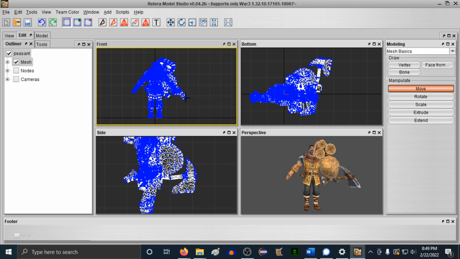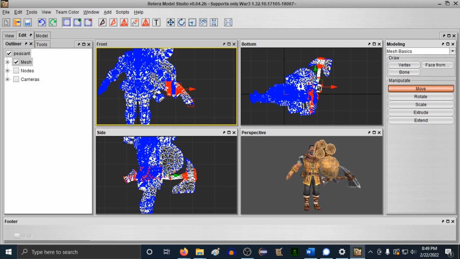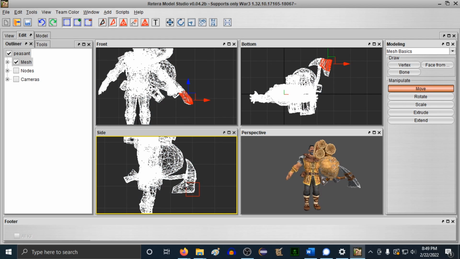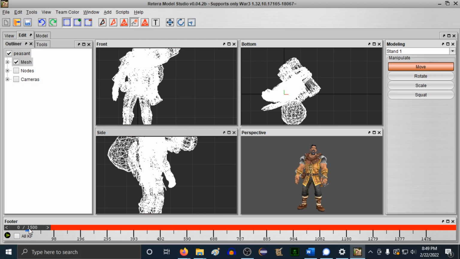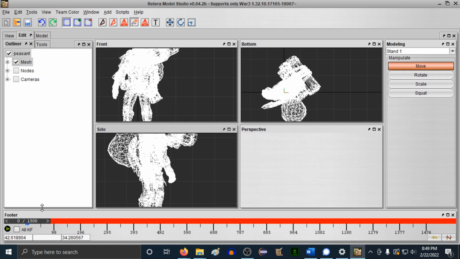Along with that, if you find that selecting things is taking you too long, or it's a little bit difficult to be precise, you can use some other selection modes. For example, selecting faces, or selecting by a cluster, which tries to find things that are physically connected, or selecting by groups, which generally tries to use groups that are built into the particular model file in the model's data. There's also an option to select nodes and animate that brings in a drop-in footer element